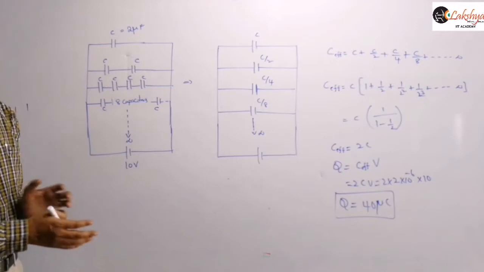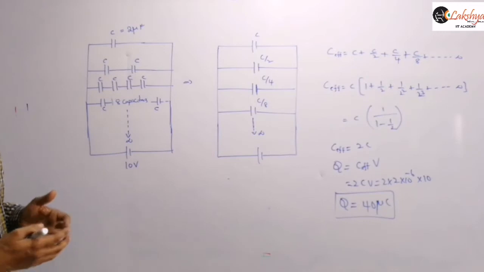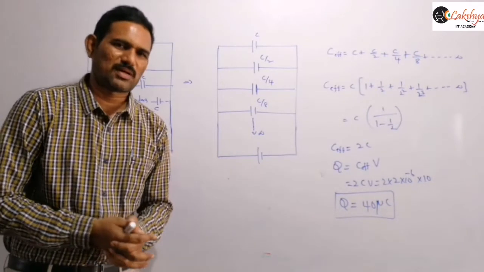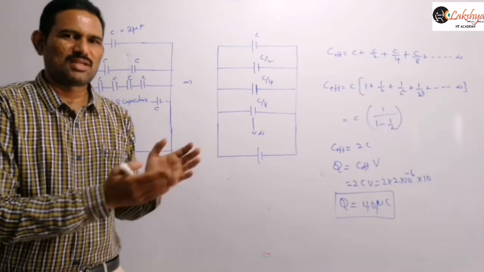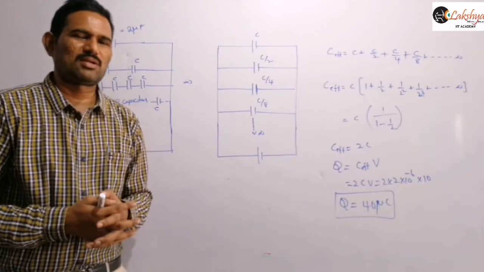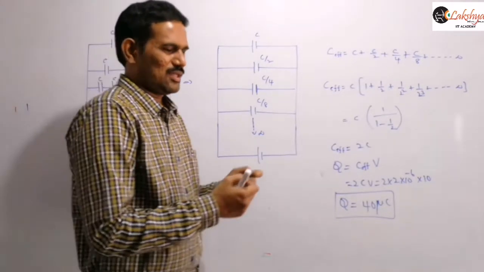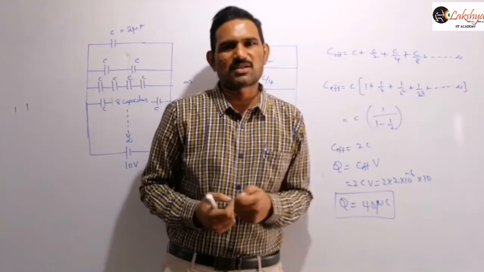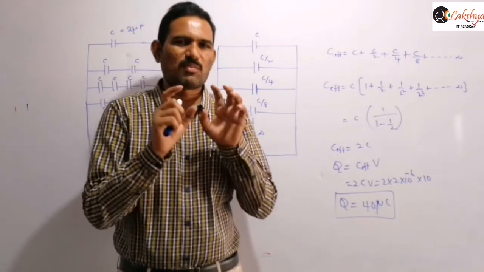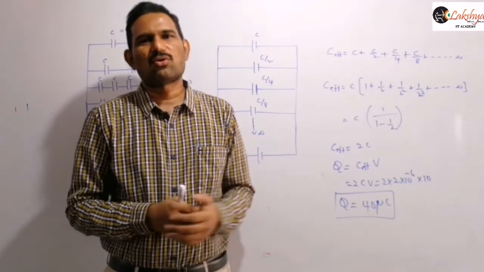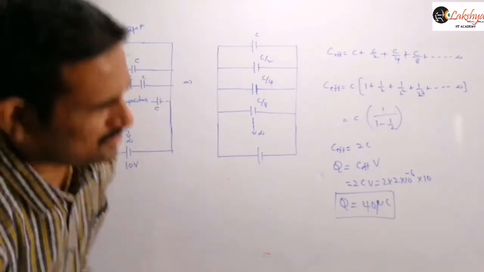So like that you can calculate series and parallel combination problems easily, right? You just need to identify which capacitors are in series and which are in parallel. Q equal to CV is one relation, and C effective in series and in parallel you need to remember. Another basic point: when capacitors are in series, the charge on each capacitor will be the same, and the potential difference will be the same if they are in parallel combination. By remembering these points you can solve problems based on series and parallel combination of capacitors, right?